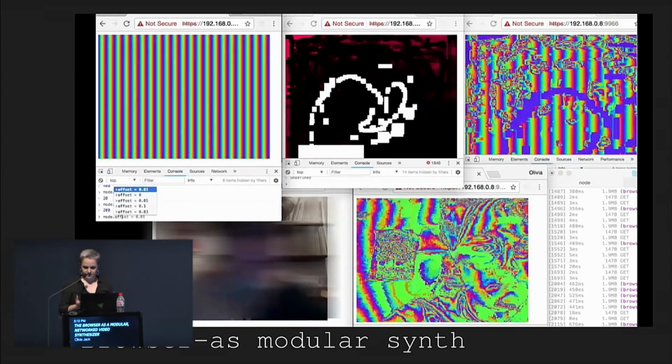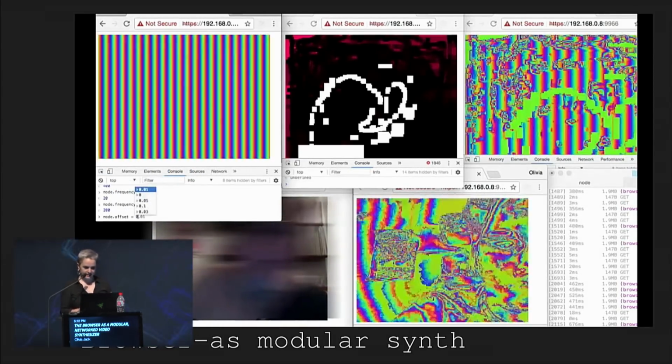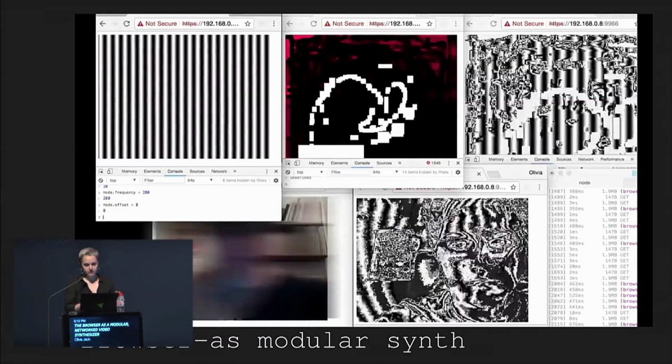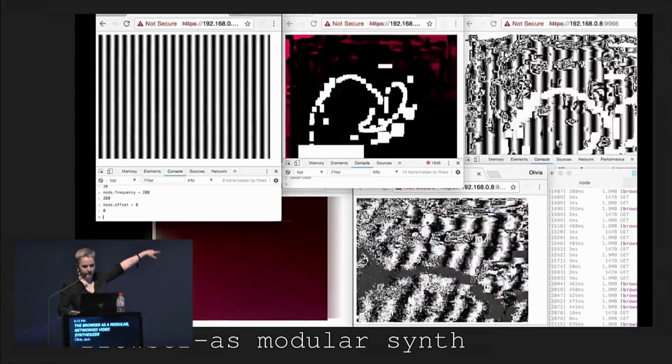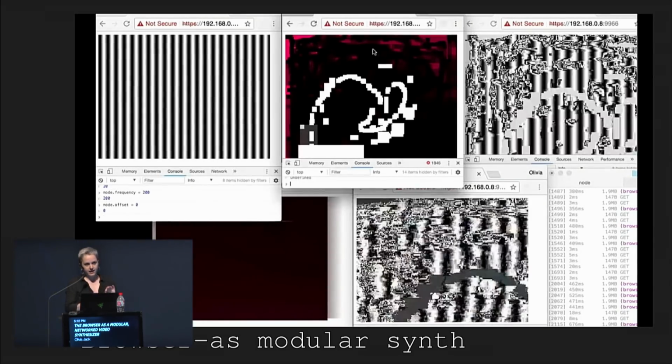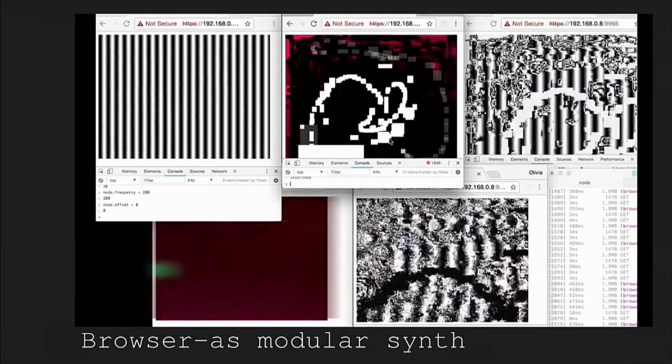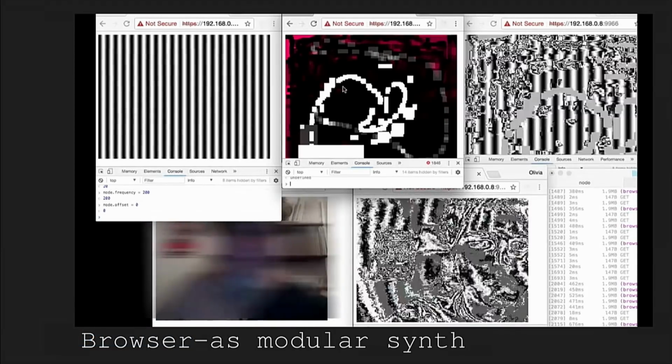And again, I just started playing around with these things, and as I didn't exactly know what my goals were with it, I started live coding in the console just to experiment and be able to live change these things.